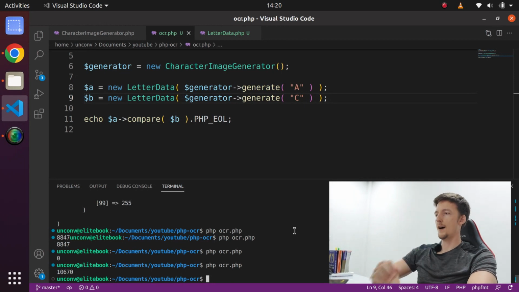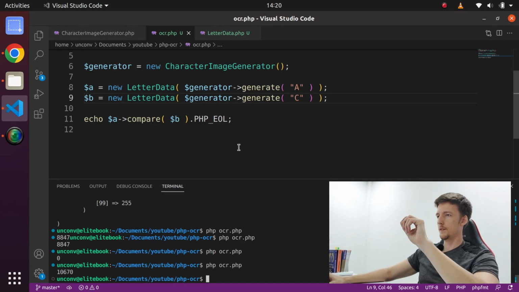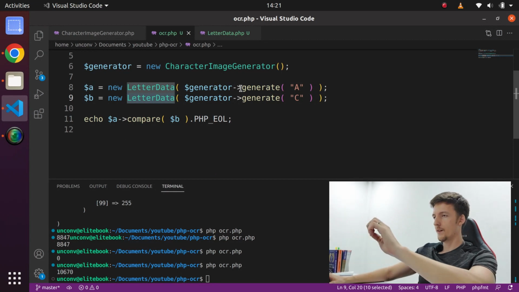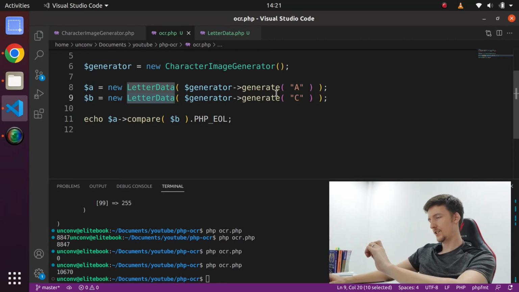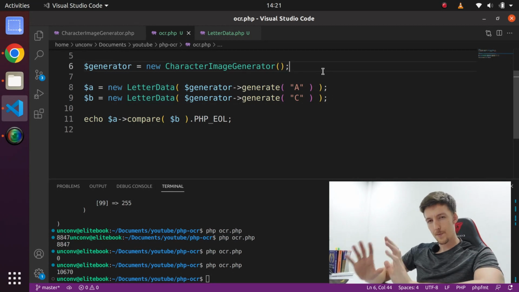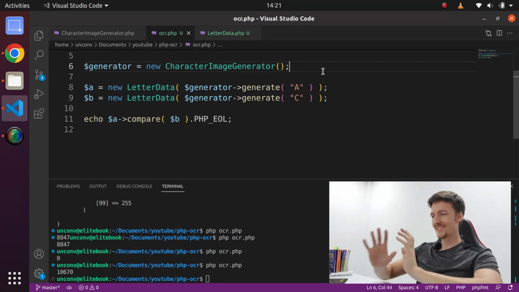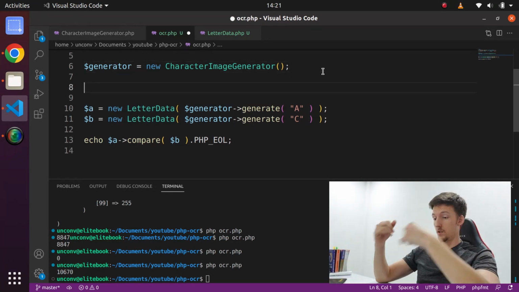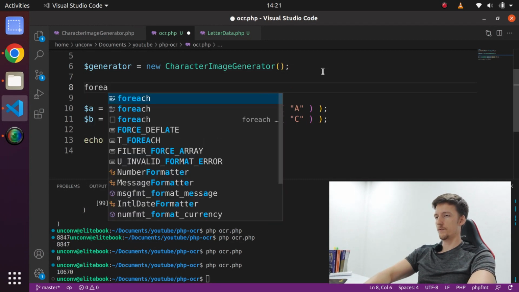So what do I do now? Now I have to generate all the data. I should generate the letter data objects for all of the letters. Let's do uppercase letters for now, just to be a bit easier. So, how do I do that? Let's do this. So, for each, for,